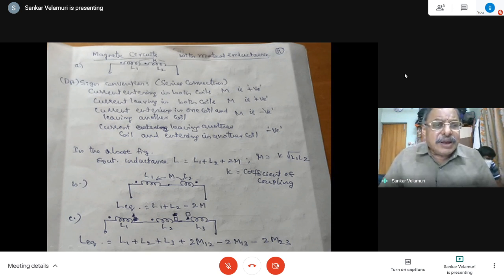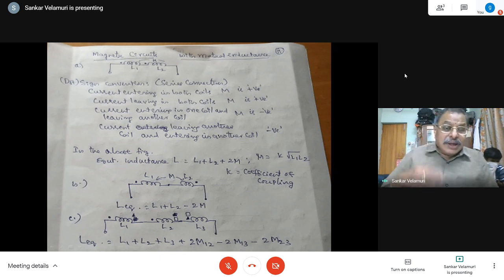When two coils are connected in series, because of the mutual induction, the equivalent inductance is not simply the arithmetic sum; L1 plus L2 is not the equivalent inductance. That can be due to the mutual inductance also. That is, due to the current flowing in L1, there is a magnetic flux that can link with the inductive coil 2, or due to the current flowing through the inductance in the second coil, there is a possibility of getting mutual induction in the first. That is why it is called mutual inductance.